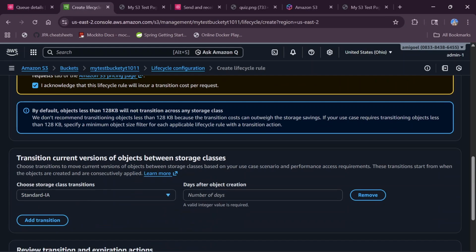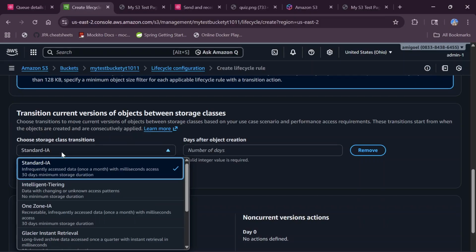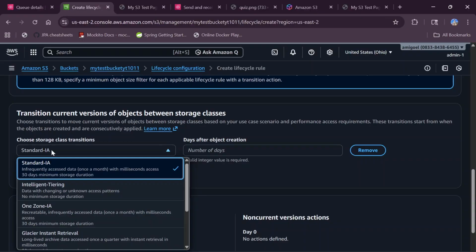It says by default, objects less than 128 KB will not transition across any class. That means you have to keep that in mind. The file has to be at least greater than 128 kilobytes. Here we have Standard IA, and you can read about Standard IA. So when you want to go to Standard IA, basically, if we have